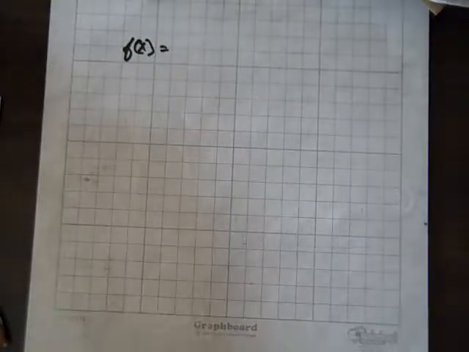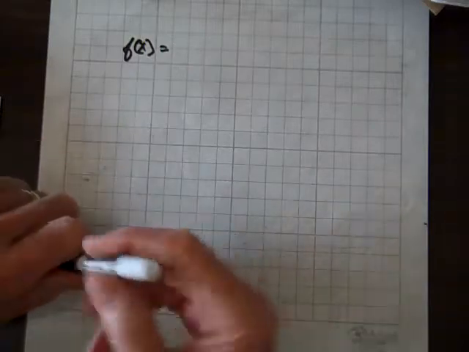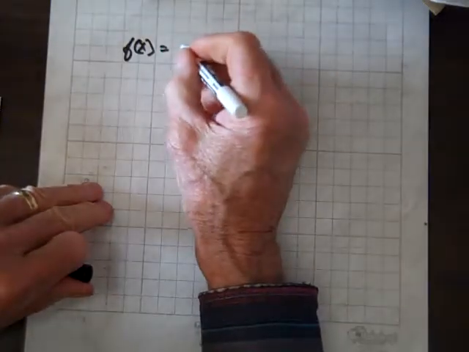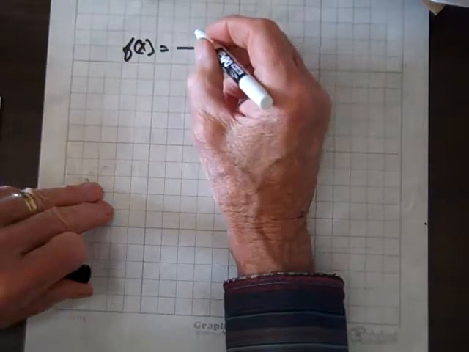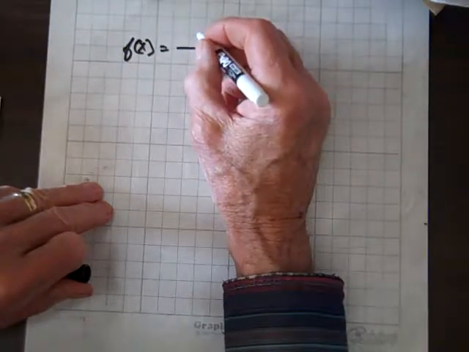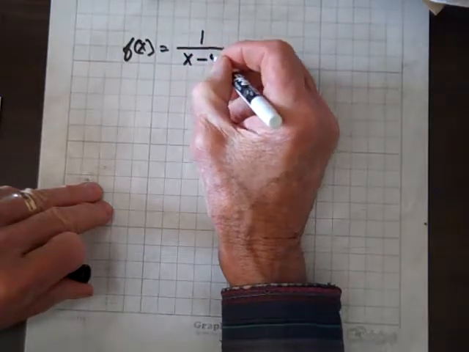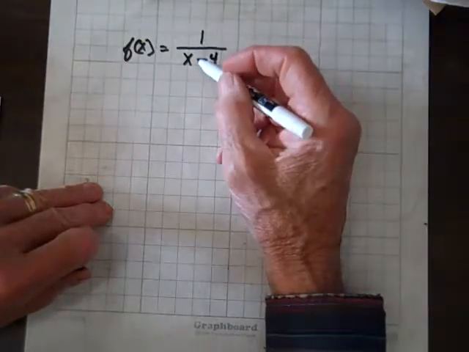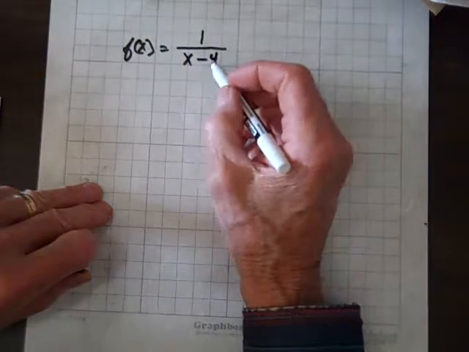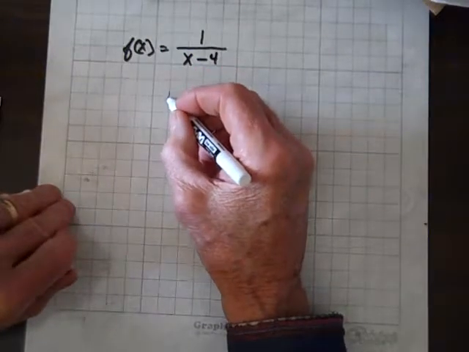Well, we want to take the time to graph another rational function. For example, what if we graph, well, let's just find the domain of this, then we'll graph it. So I'll call it 1 over x minus 4. And will you agree the domain for this is all reals but 4, because 4 will make that denominator 0? So what's going to happen here